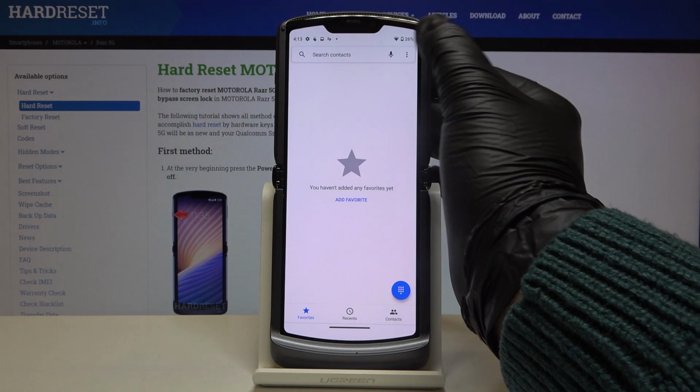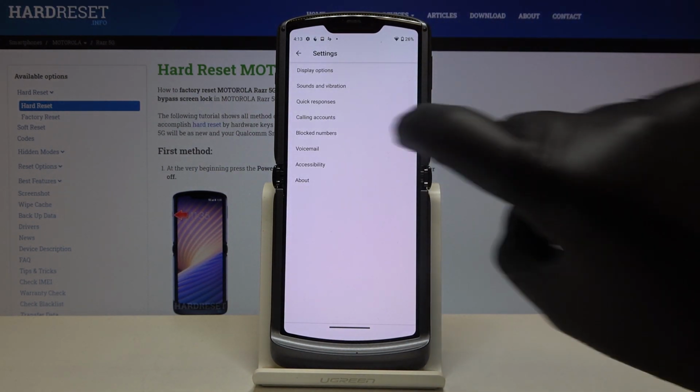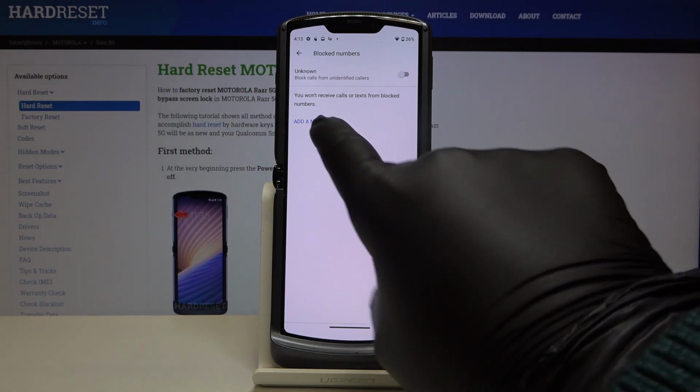Here we've got the three dots icon, so let's tap on it and choose the settings. Now let's tap on blocked numbers, and as you can see here we've got our blacklist. Now it is obviously empty, so in order to add a number to our blacklist, just tap on add a